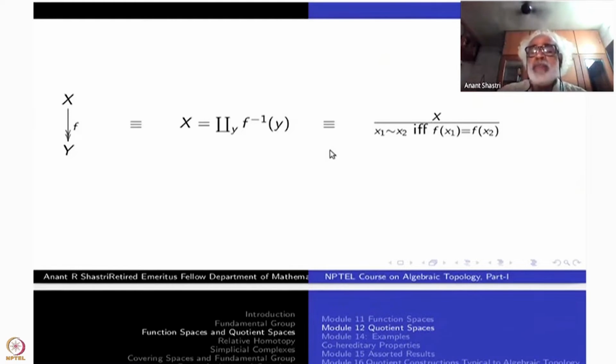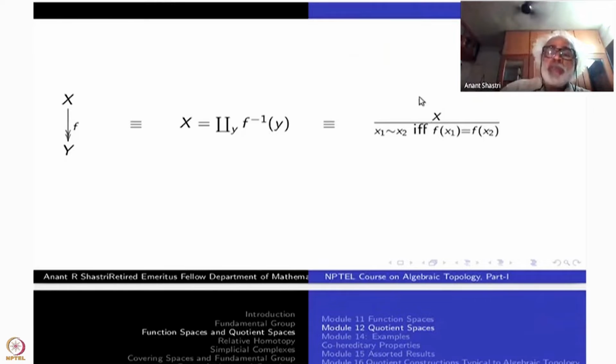Now suppose you have a partition of X, then you can define an equivalence relation on the set X, in which the partition members become equivalence classes. Namely, x is equivalent to y if and only if they are in the same subset. In particular here, what will be the relation? x1 will be equivalent to x2 if and only if F of x1 equals F of x2. So a partition gives rise to a relation, or a function directly gives a relation. This picture you can get from here or directly from here.